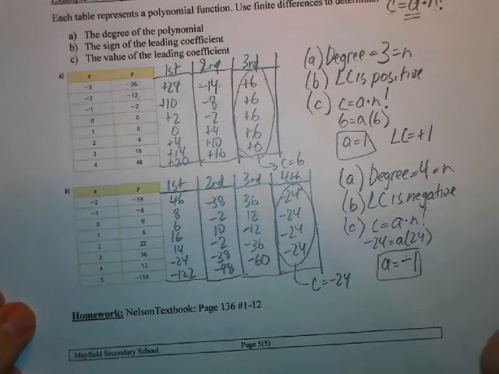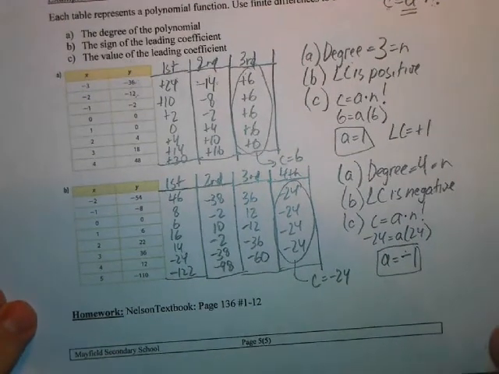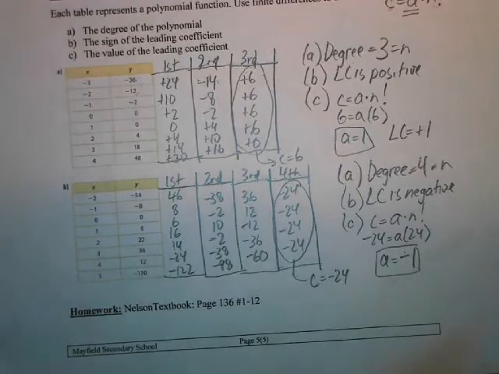So that's the lesson for today. We covered a lot of new stuff in terms of characteristics of polynomial functions, the end behavior. Looking at the leading coefficient and the degree, we can figure out the end behavior. We can figure out the number of possible turning points and the number of possible x-intercepts, and then we can use that information to